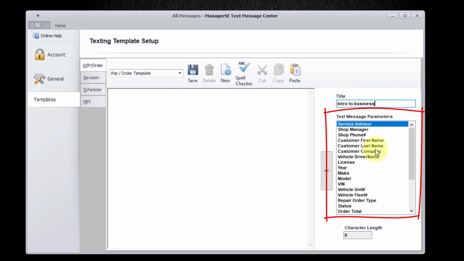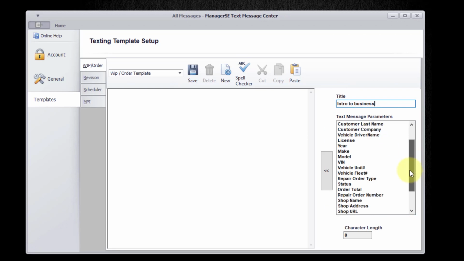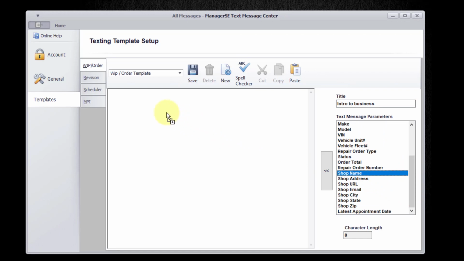Now what these do is these actually will pull in that custom information. So if you scroll down here, you'll see the shop name, and you drag it over. And then once you drag it over, it's got these brackets. So when I send this message, it's going to automatically fill in the shop name. It's great to use these brackets because if the name ever gets changed or updated, or let's say you notice a typo for whatever reason, 2 years you didn't notice it, or you become incorporated, it'll automatically fill that in